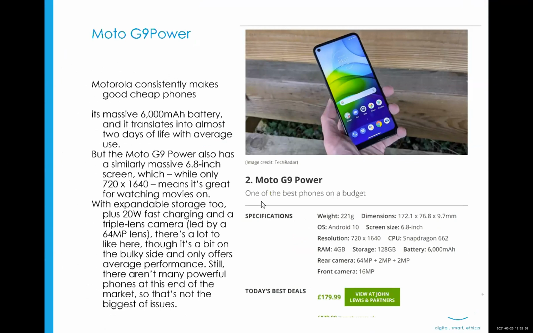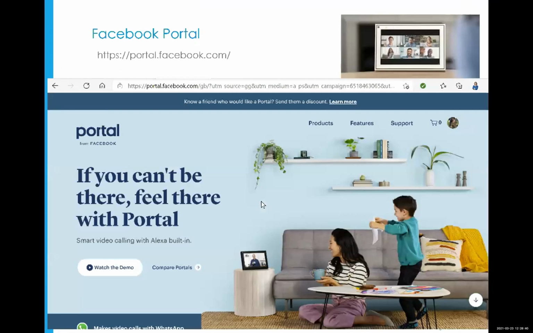But the one thing I also wanted to talk about, and I've got one here to show you, but sadly you can't see my screen, so I can't show you that now, is the Facebook Portal. And these are a fab little device. They look like a photo. Do you remember those photo things where we used to put our digital camera card in the side and it would move your photos around? It looks like those, but they are